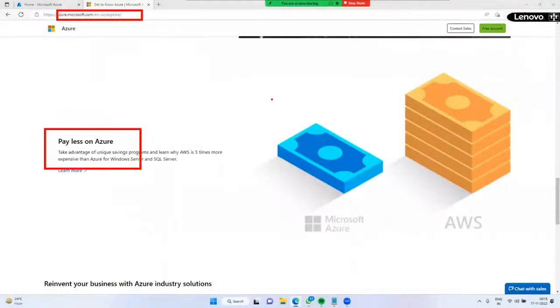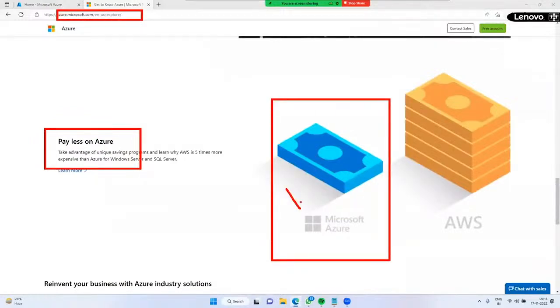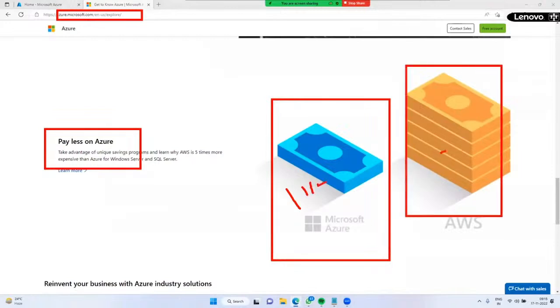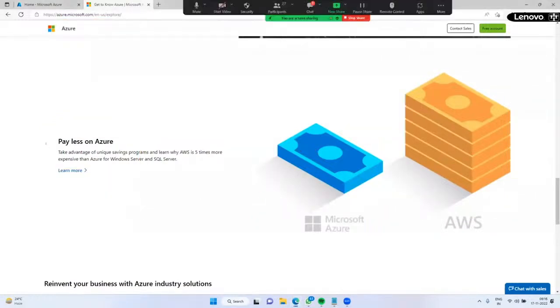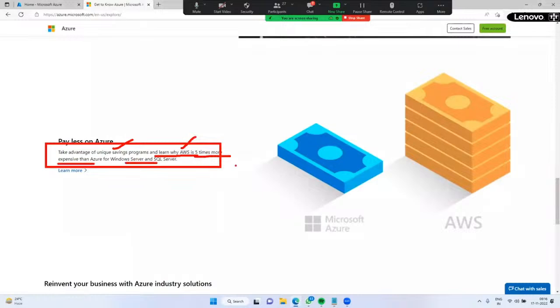See, in Azure, one service cost is assumed at 1 rupee, while in AWS they are charging 5 rupees. That's what I said. 50% of products belong to Microsoft only. They are providing services at a cheaper cost than AWS. See here, if you observe, take advantage of the savings program. Learn why AWS is 5 times more expensive than Azure for Windows Server and SQL Server.